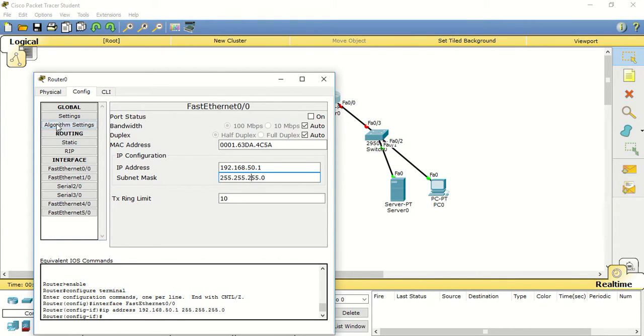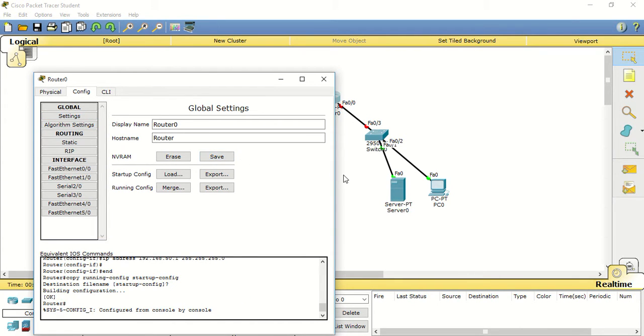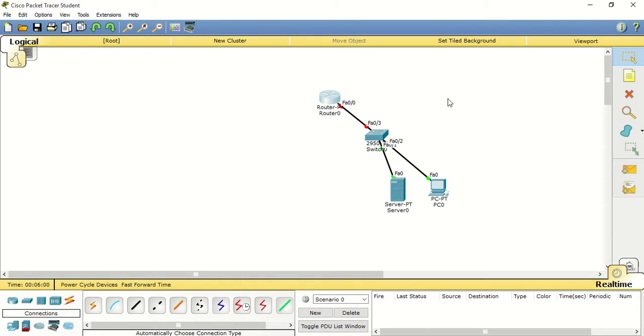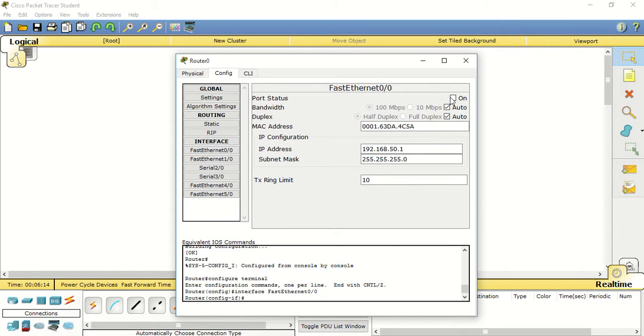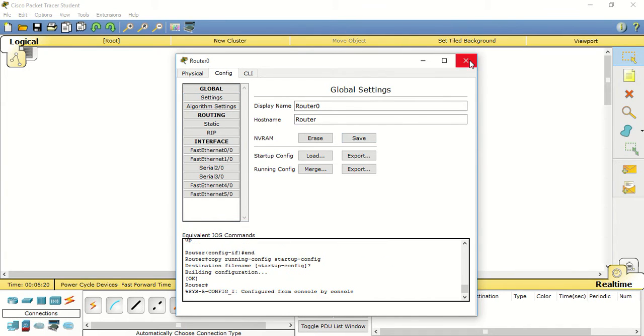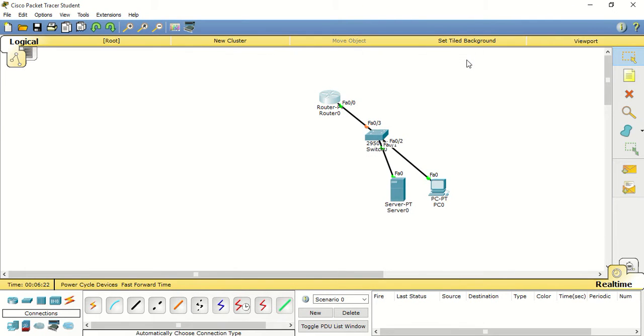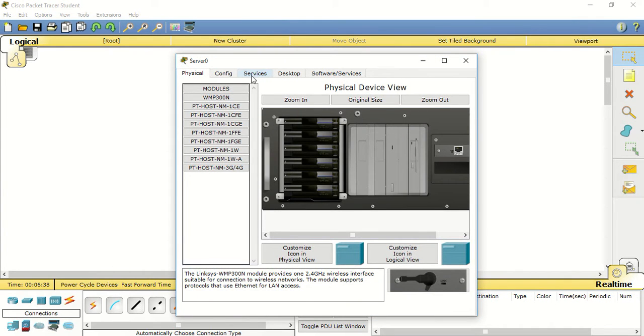I'm going to save that, so go into settings and save. Close that down. And we're going to go in, sorry, I meant to, so in port 00, turn it on. Don't forget to turn it on. Okay, and go back into settings, and we'll just save that again. Close that down. Then we're going to go into the server, and in the server, we're going to go into